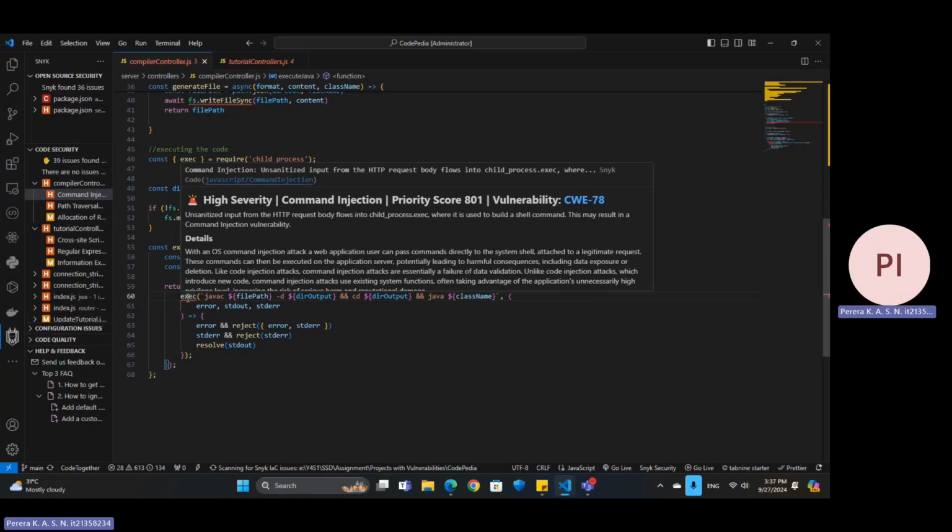We can see that there is a command injection vulnerability in this code. This vulnerability allows attackers to execute harmful system commands through the application. In this section, both Java compilation and execution were done in a single command line. The problem with this is that the file path and class name come from user input, which could be tampered with. If an attacker injects a malicious command like adding rm -rf / to the class name, they could run